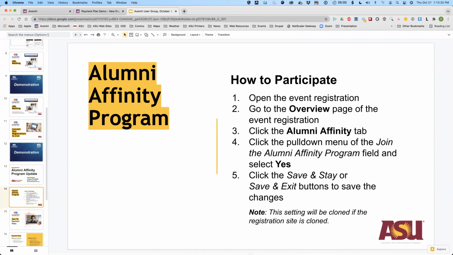Yes, you do need to do this for each new event if they are not cloned. Christine, that's a great question. Yes, and it actually brings up 2 points. If it hasn't been done before for the event, yes, you have to do it for the event. Once you clone that event and you have already turned it on, that setting will be cloned for any future events from that clone. Okay, so it's a great question.